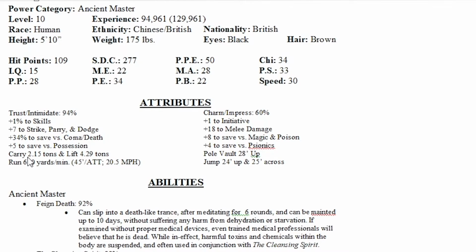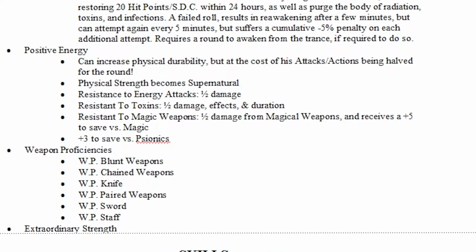do in the comics. But then again, in the comics, he can also adjust his chi and tap into it to increase his strength, which he also has in this version because of the positive energy power from Ancient Masters. So in this case, he can increase his strength to supernatural strength, which will be even more weight that he